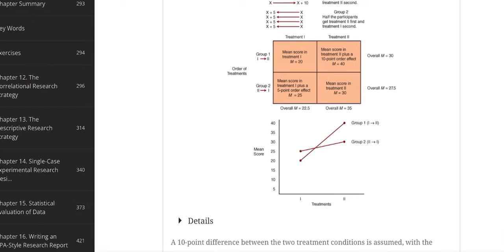So it's going down. Group 1 was higher than group 2. That makes sense. But if you look at treatment 1 in that column, group 1 had a mean of 20 and group 2 had a mean of 25. So it increased in group 2. Well, those don't match, right? That didn't follow the pattern because that increased instead of decreased. So that means that